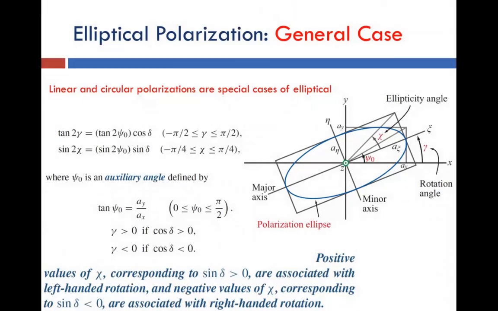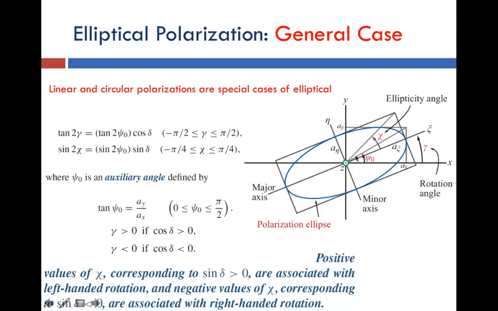Now, the most general case in polarization is elliptical polarization. In that case, the magnitude in the y direction and the magnitude in the x direction are not equal. So if they are equal, then that defaults to circular polarization. And what we have here is an ellipticity angle chi, and then we have our angle